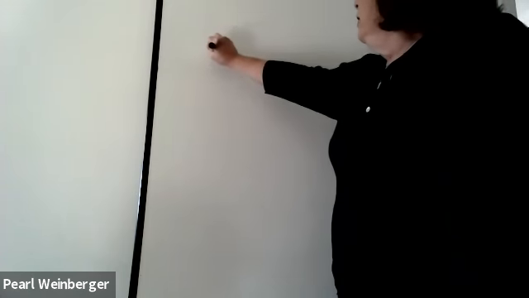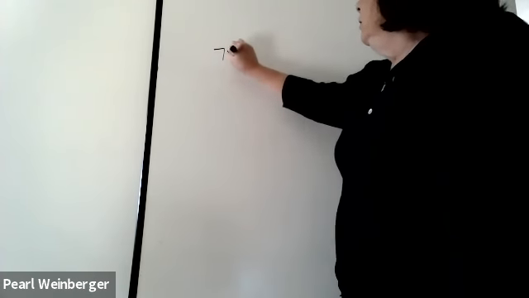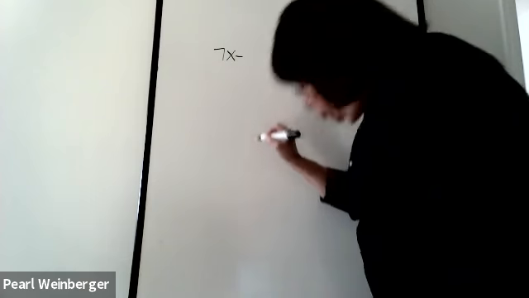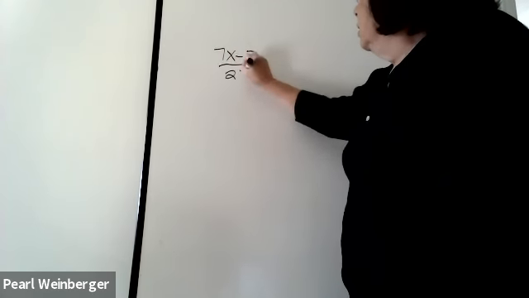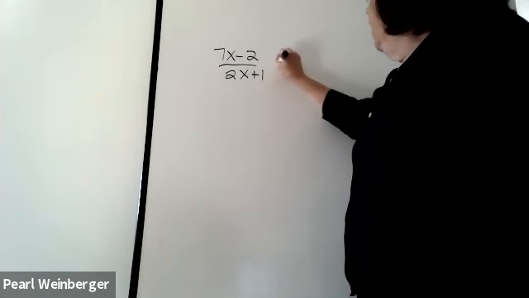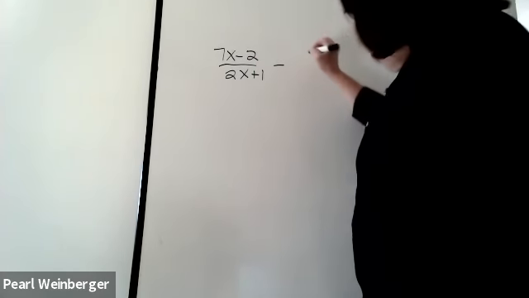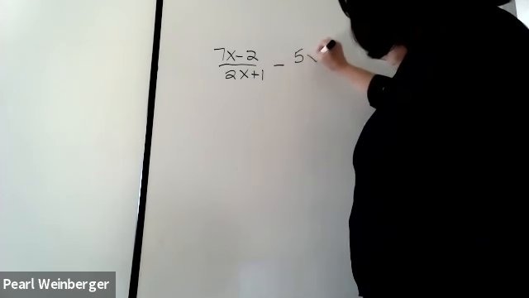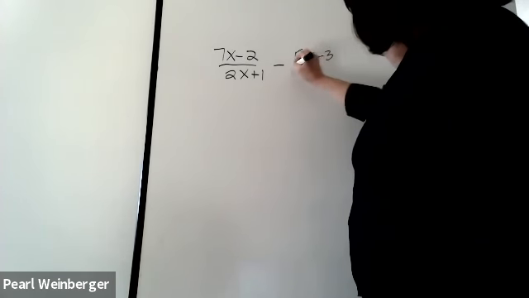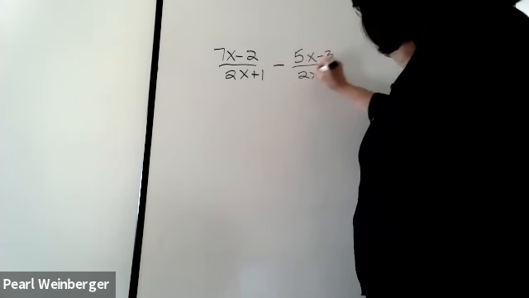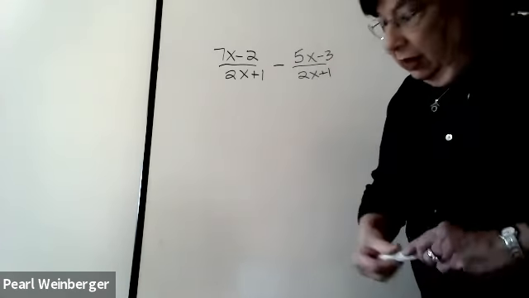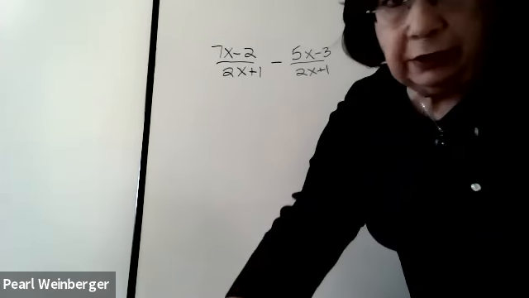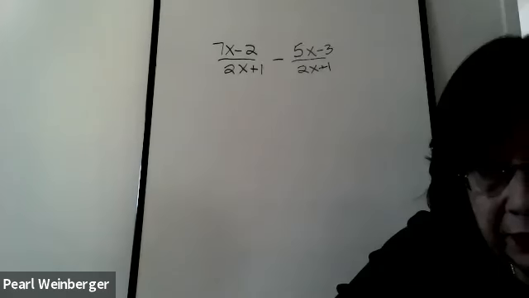So suppose I gave you 7x minus 2 over 2x plus 1 minus 5x minus 3 over 2x plus 1. While you are doing this, I am going to be taking attendance. This one,